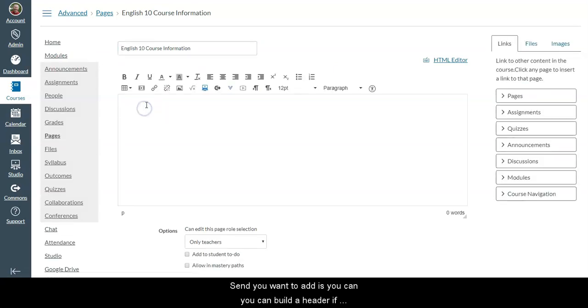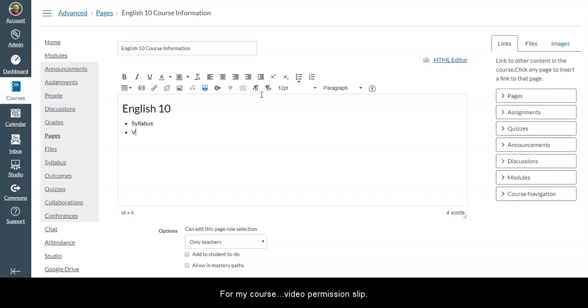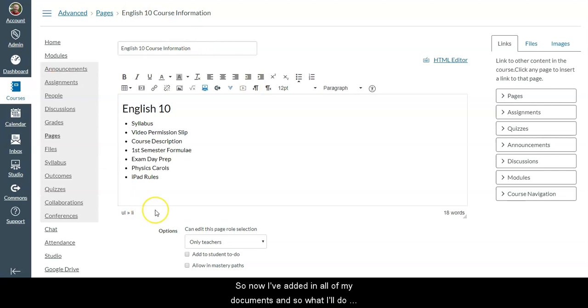The thing you'll want to add is you can build a header if you'd like. English 10. I'm going to highlight that. I'm going to give it a header. Then I'm going to skip down, and I'm going to build a bulleted list of items that I would have for my course. Video permission slip, so now I've added in all of my